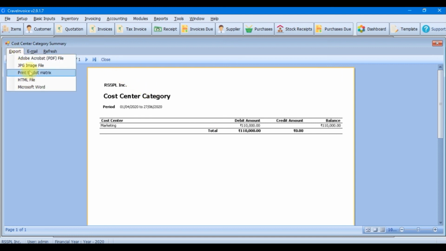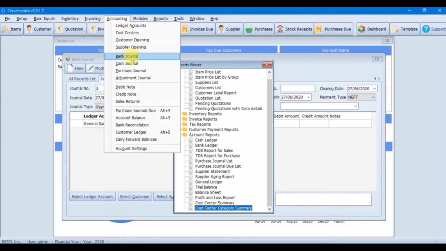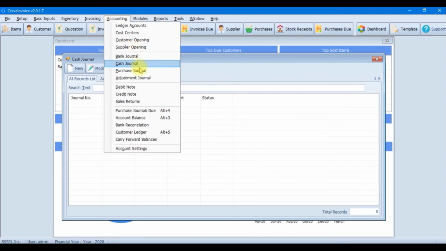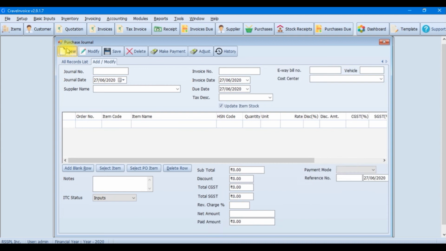You can also export these reports to different formats. Similarly, you can select the cost center name from the cash journal and all other journals, including the purchase journal. Here, on the purchase journal also, you can directly record it.